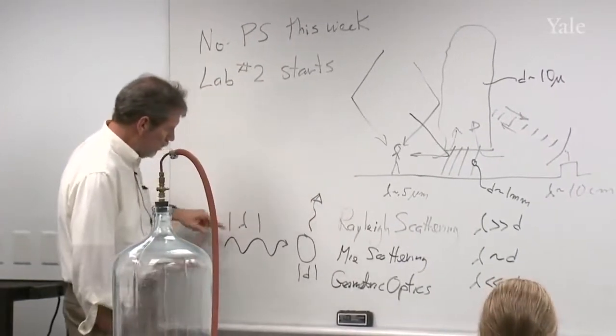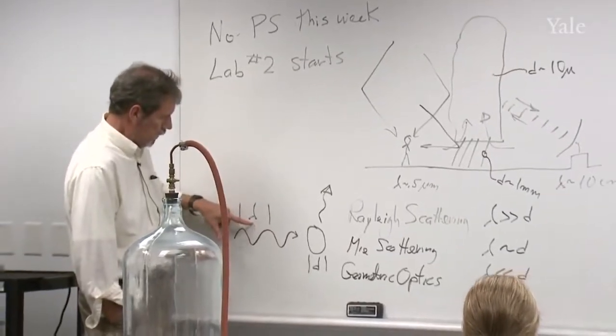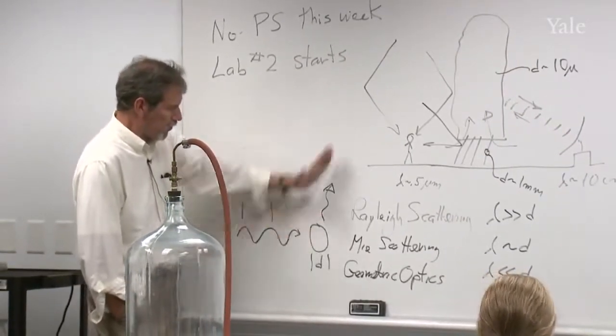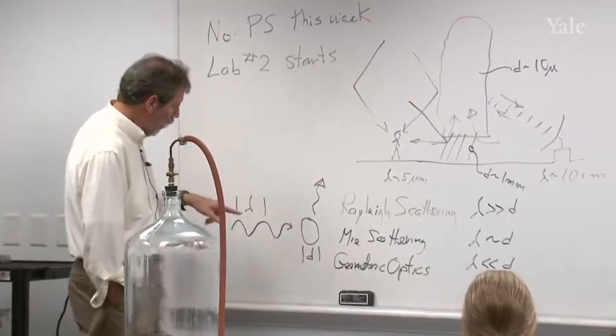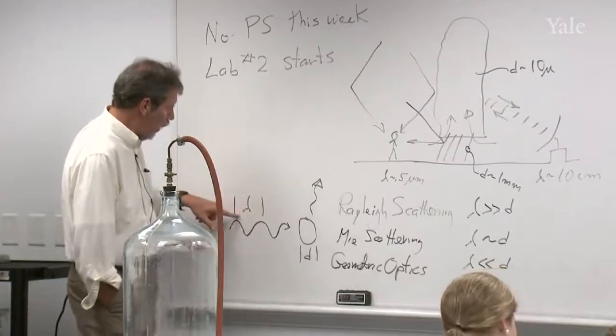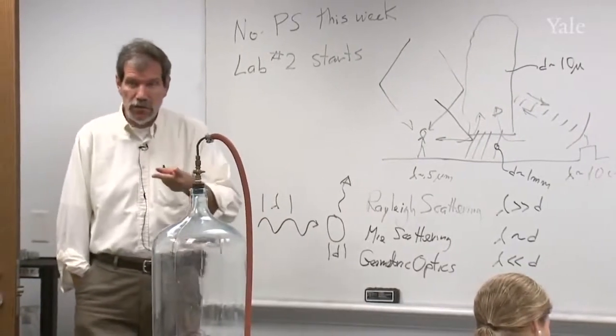If you imagine a photon of light with a certain wavelength lambda approaching a particle, and it's going to be scattered off by that particle in some direction. What matters is the ratio of the wavelength of the light to the diameter of the droplet. That ratio